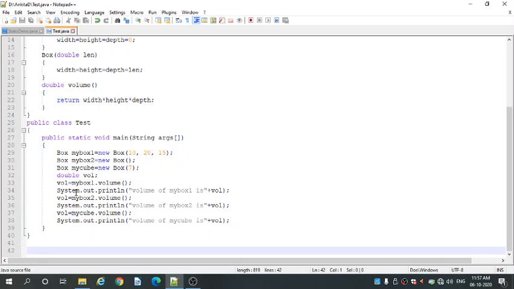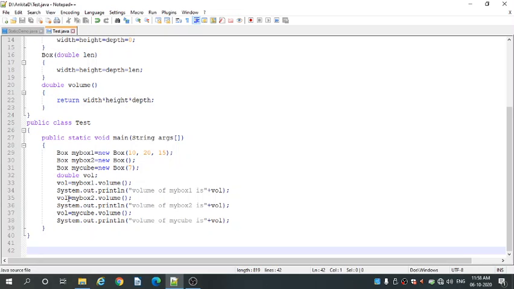Whenever we call myBox1.volume, the myBox1 object's values are passed to the volume method, and it will calculate width into height into depth and return the result to the class Test, and it will get stored in the vol variable.